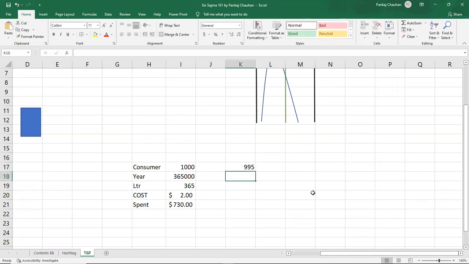So 995 ml, how much is the loss to you as a consumer on every packet? It's simple, it's a 5 ml loss, because this is the target and this is the actual supply. Which means if you look at 365 days, the total loss you are going to have is 5 ml multiplied by 365 days. Cost still remains the same, $2. And if I convert this, dividing by 1000, it will be 1.825 liters. And 1.825 multiplied by $2 is around $3.65 that you lose in volume.